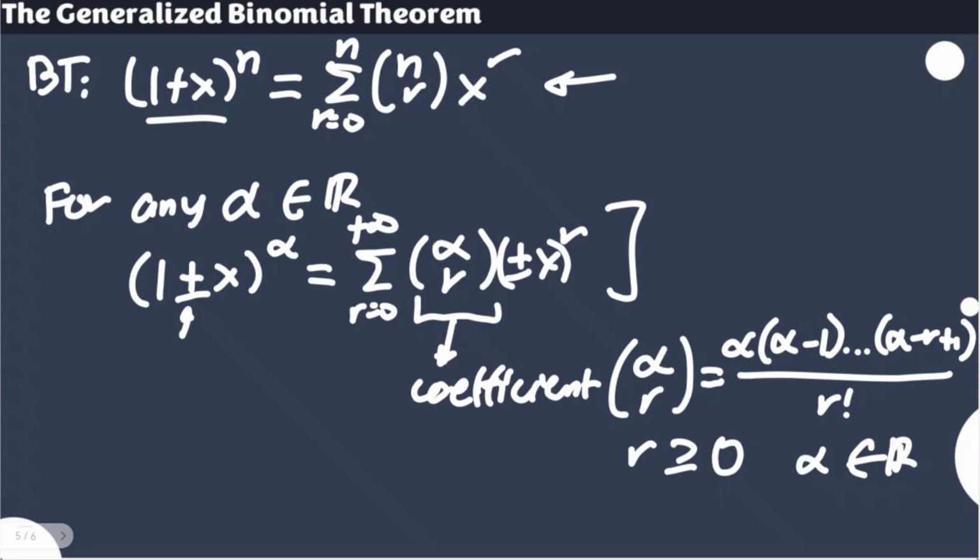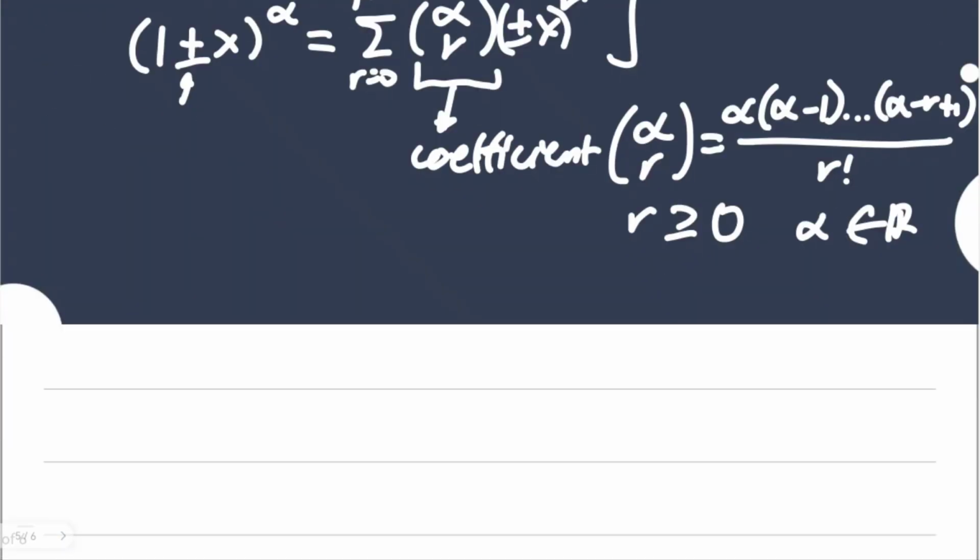I'm going to give you one illustration. The item that we previously discussed and already proved is the identity 1 over 1 minus x, which is equivalent to the summation of x to the i, where i goes from 0 to positive infinity. You can also use this to prove other relationships as well.